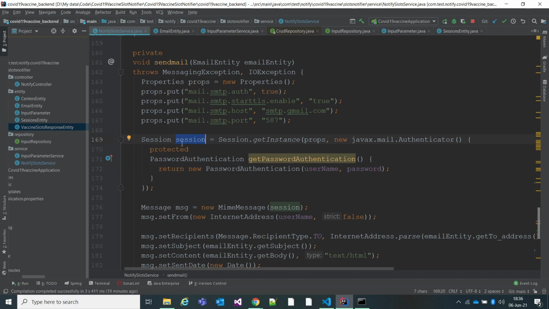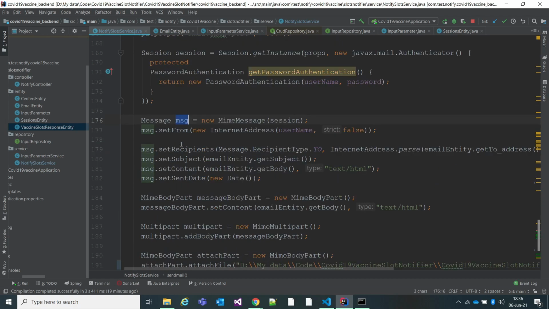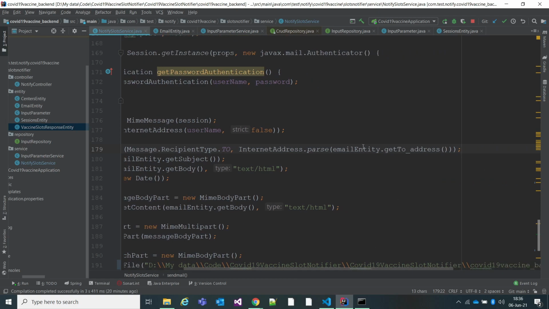If you're getting authenticated, create a message, set the from address. The Internet from address is the username, the email ID you have given. Set the recipient. So message dot recipient, which is the email entity, and to get address, so where you want to send the email.